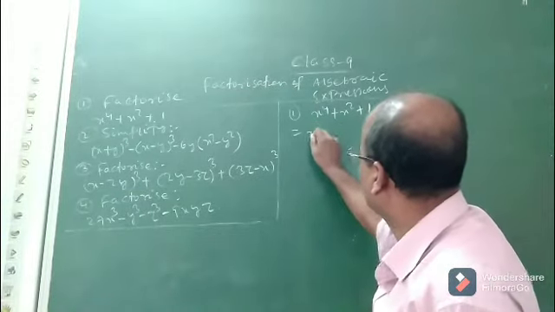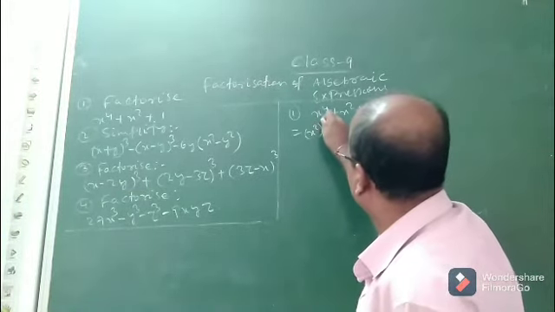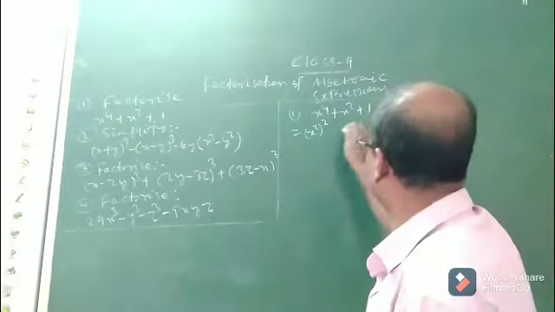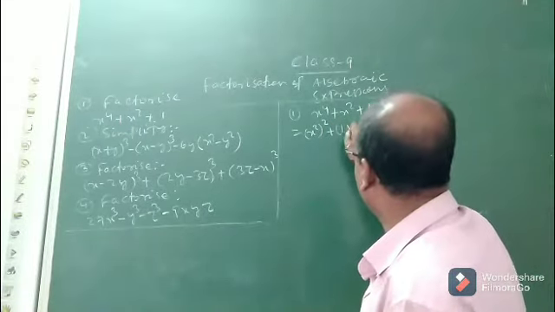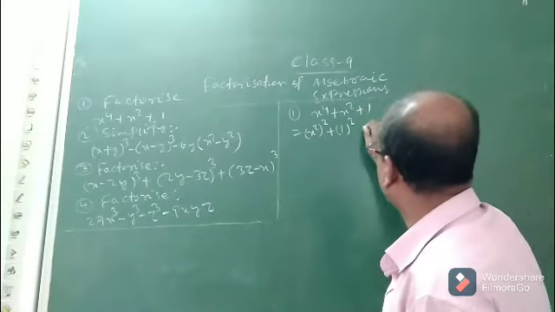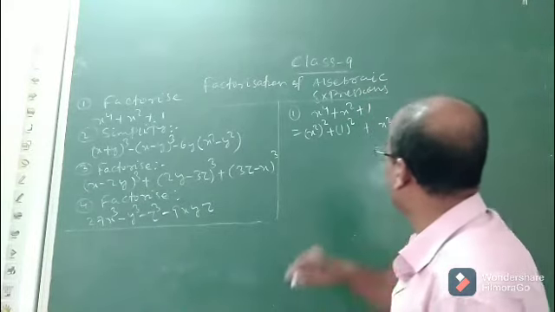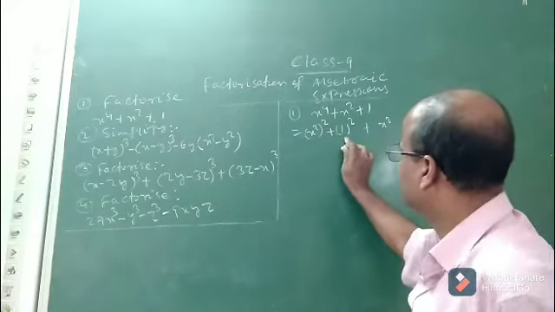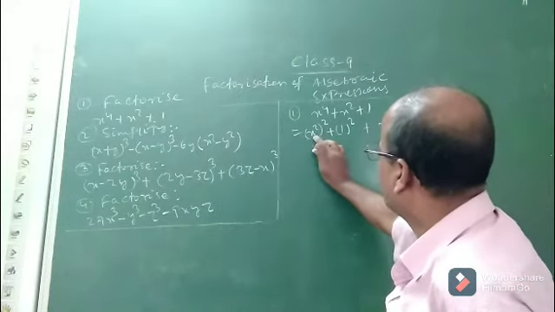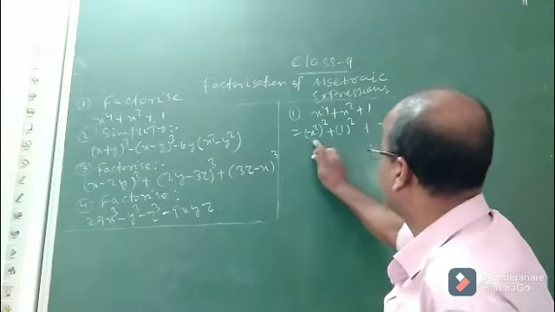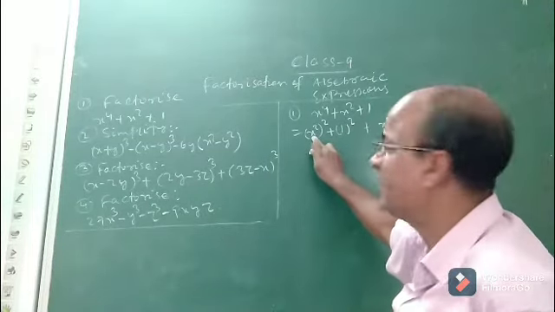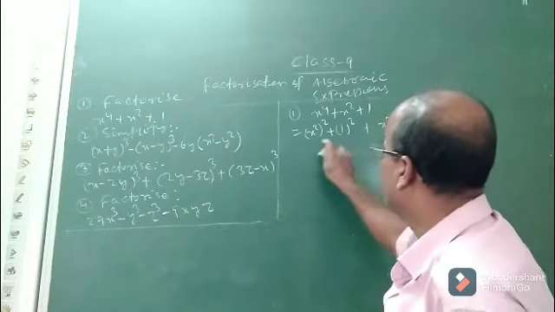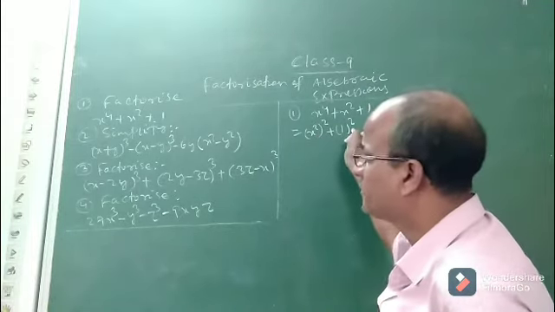See, we can write x to the power 4 as the square of x square, whole square of x square. Now see this plus 1. It will be 1 whole square. Now let this x square be constant. Now look, children. Now this is x square whole square, this is 1 whole square. Take x square as a, take 1 as b. Then it will be of which form? It will be a square plus b square.